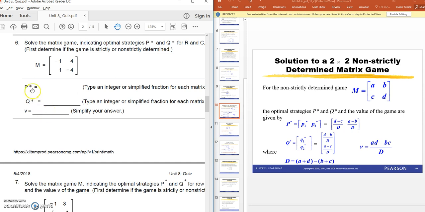So we found V. And then for the optimal strategy P star, you do D minus C, which is -4 minus 1, which is -5. -5 divided by the denominator, which is A plus D minus B plus C. A plus D is -5, B plus C is 5. You subtract them, you get -10. So -5 over -10, half. You do the same, you also find that